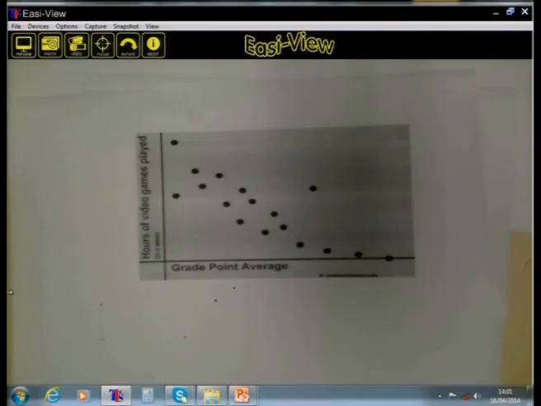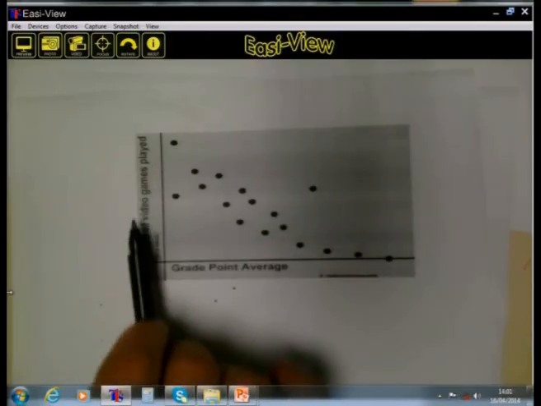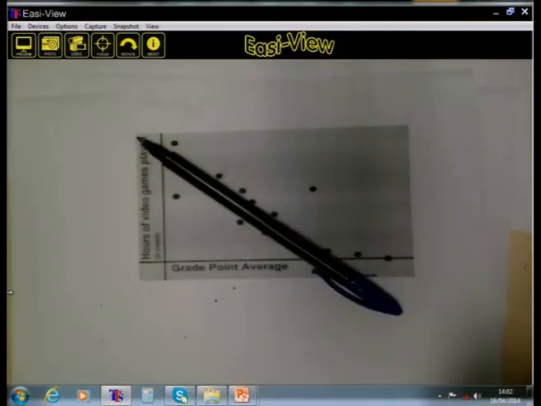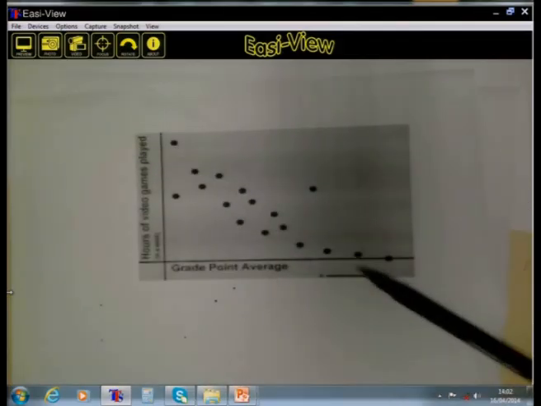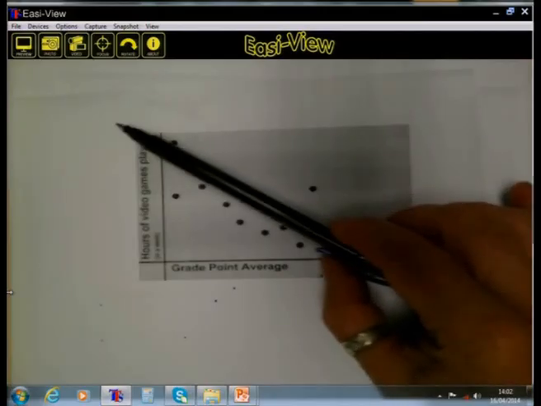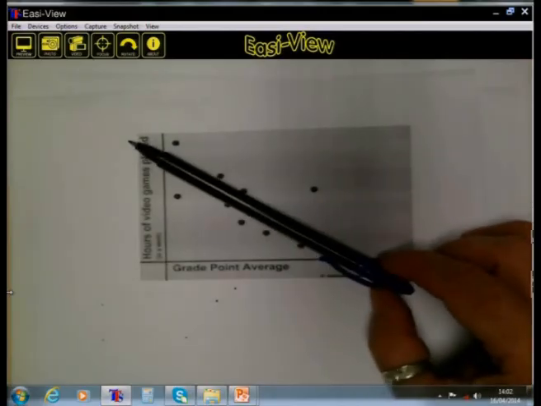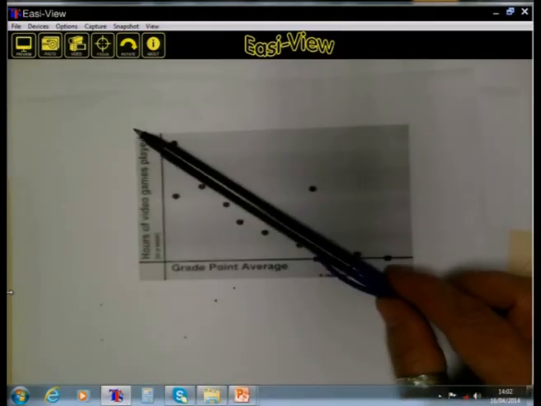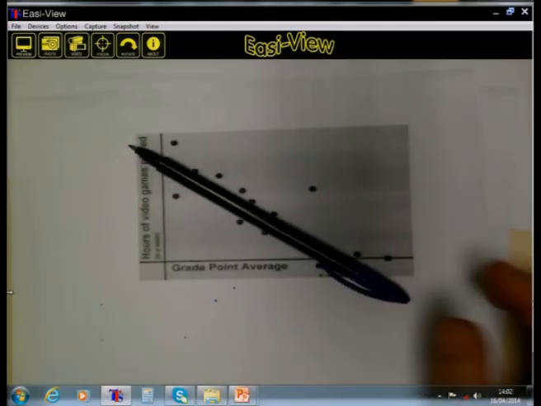This learner here, for example, who had the highest grade point average, had 0 hours spent playing video games. I'm going to show you the graph again, and now I'm going to place my thicker pen, because we see no straight line if we try to connect those points, so that we can look for an overall relationship. And this is what we call a negative correlation.